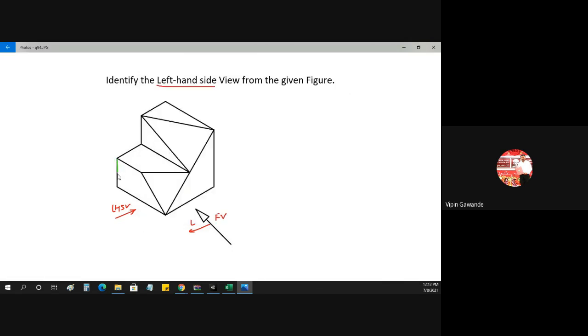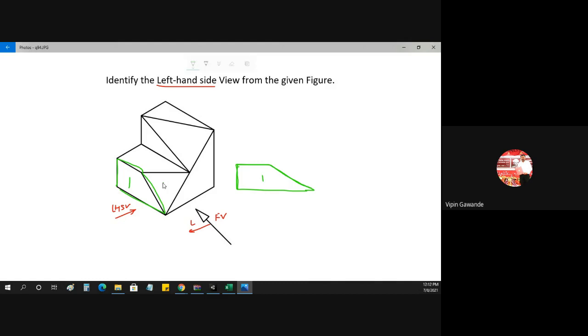So the first surface that is visible to the observer is like this. So this surface is visible to the observer. This is our first surface because that is a vertical surface. So it looks something like this. This is the first surface that is visible to the observer. Just draw it, not to scale. We are just drawing it freehand. So this is the first surface which is visible to the observer, like this.